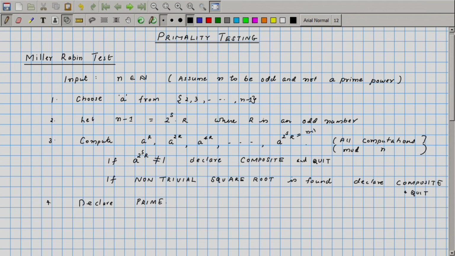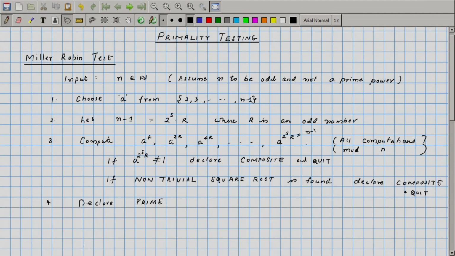After all these computations, if we find that A raised to n minus 1, or A raised to 2 to the S times R, is not equal to 1, in that case we declare it as composite. And in between, if in any of the steps we find a non-trivial square root of unity, then also we declare that the number is composite. These are genuine conditions under which we can declare the number as composite, because for a prime number, A raised